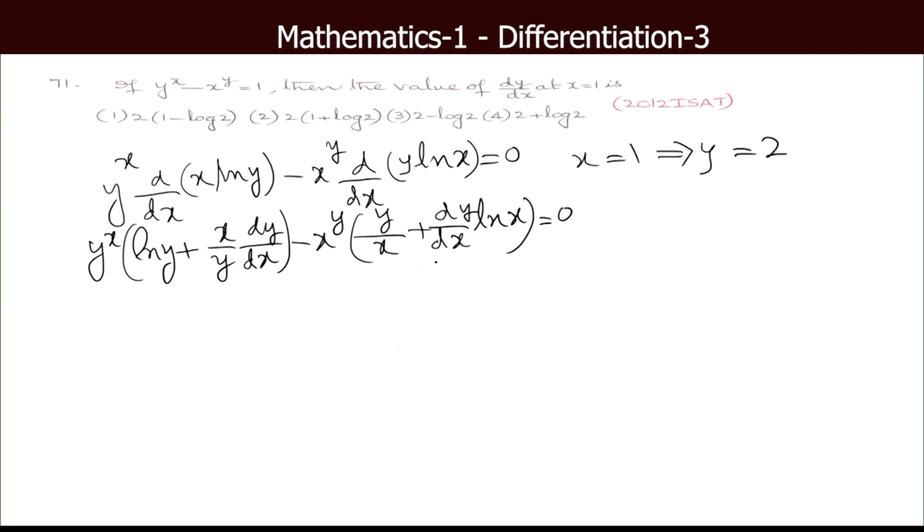When x is 1 this term goes, ln 1 is 0. y is 2, so this is 2 into ln y, that is ln 2, plus x by y, 1 by 2 into dy dx, of course at x equal to 1, minus x power y minus 1 into y by x minus 2 equal to 0. Our 2 can be cancelled. So ln 2